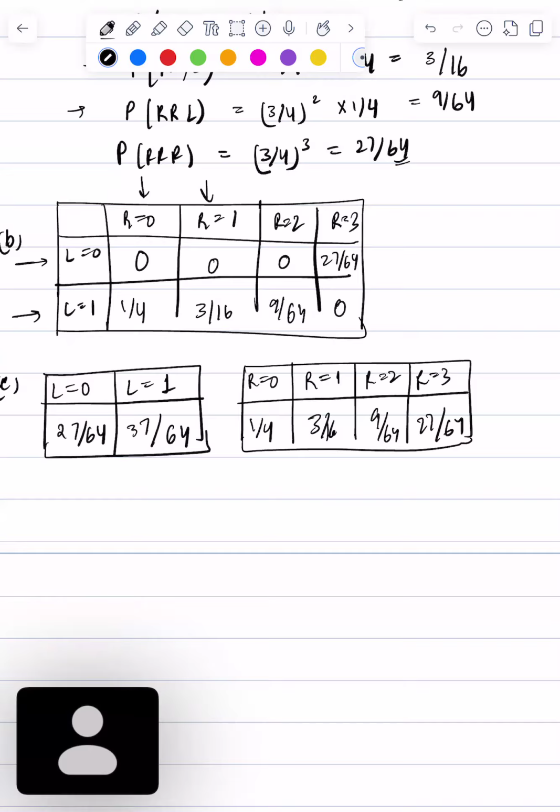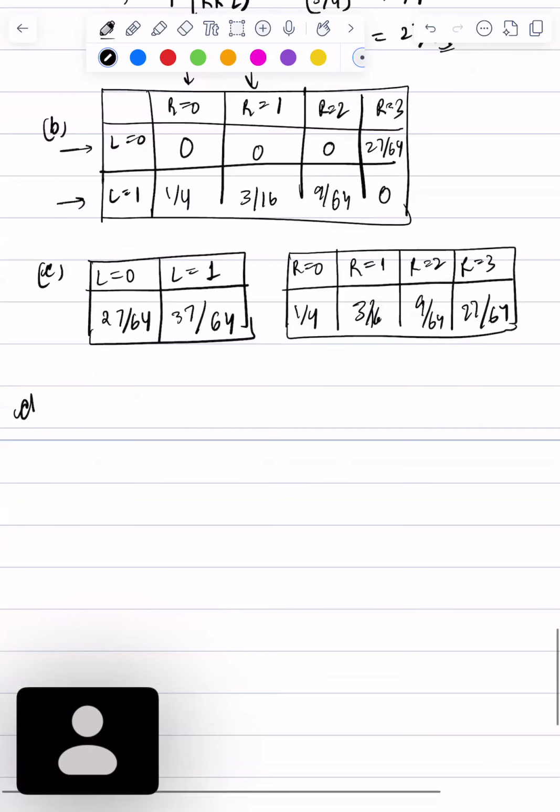Part D, we need to find out if they're independent or not. And as you can pretty much tell, for some values of R and L, the joint probability will not be the product of the marginals. So let's say if the probability of